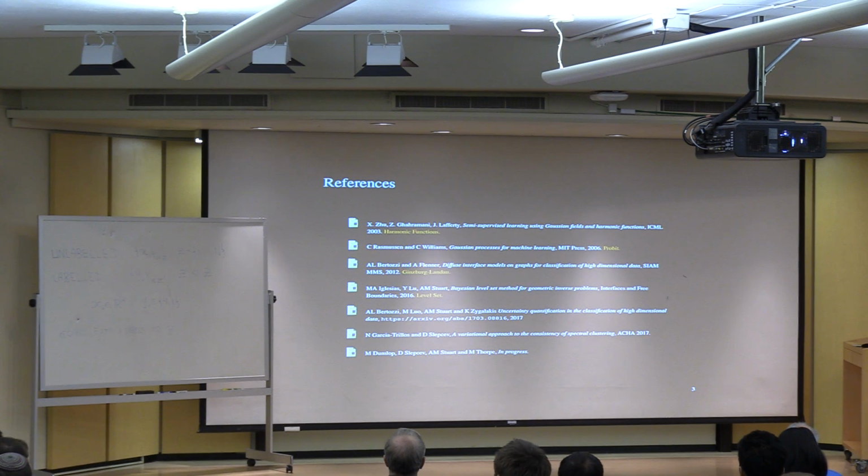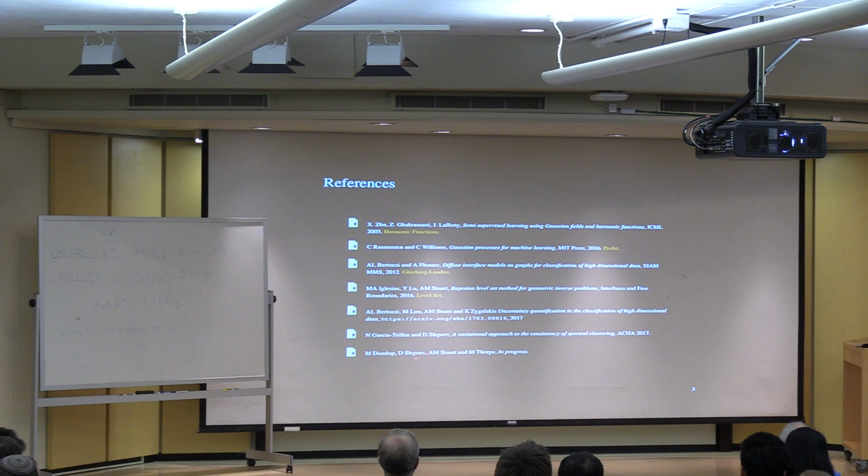There's work of Andrea Bertozzi and Arjuna Flenner using the Ginzburg-Landau approach, which I'll briefly touch on. And then there's the level set method, which is a method from applied mathematics, which I'm going to link with the probit method and show you that they're essentially the same method. So this is a method from physical-based applied math. This is a method from machine learning. And in this graph-based context, I'll show you they're essentially the same.